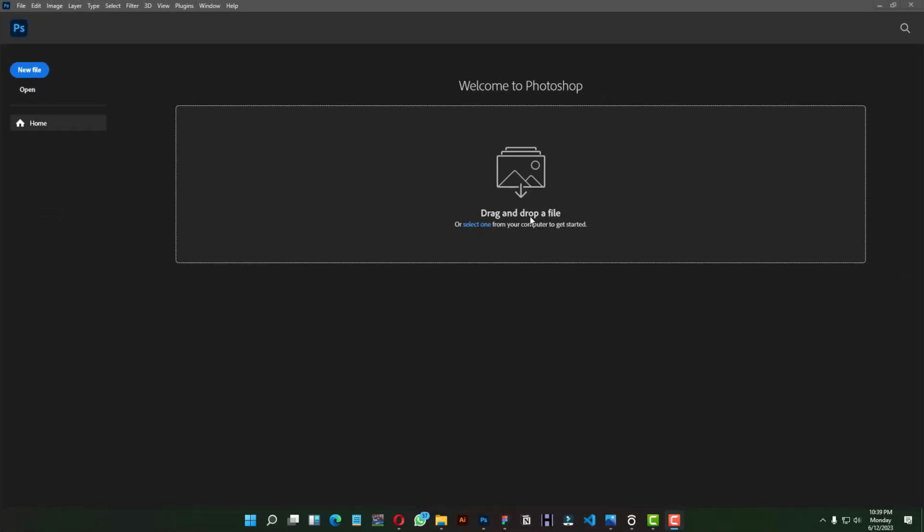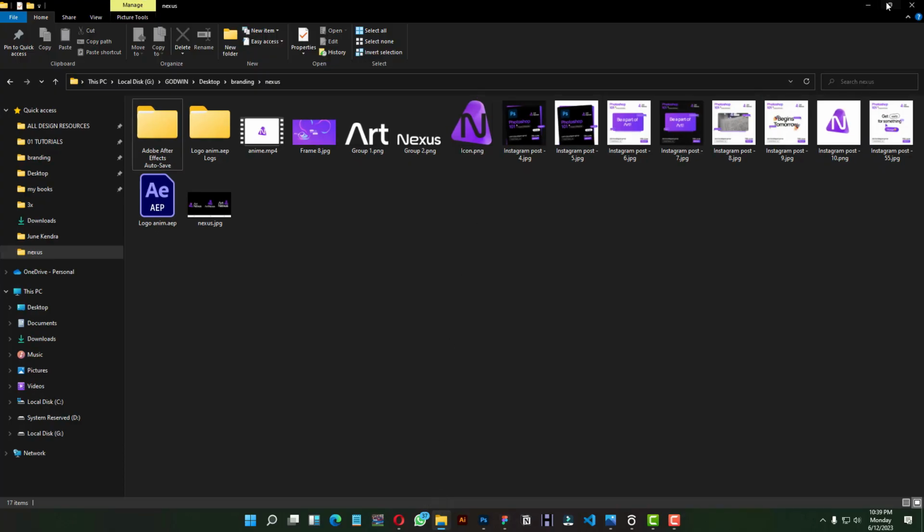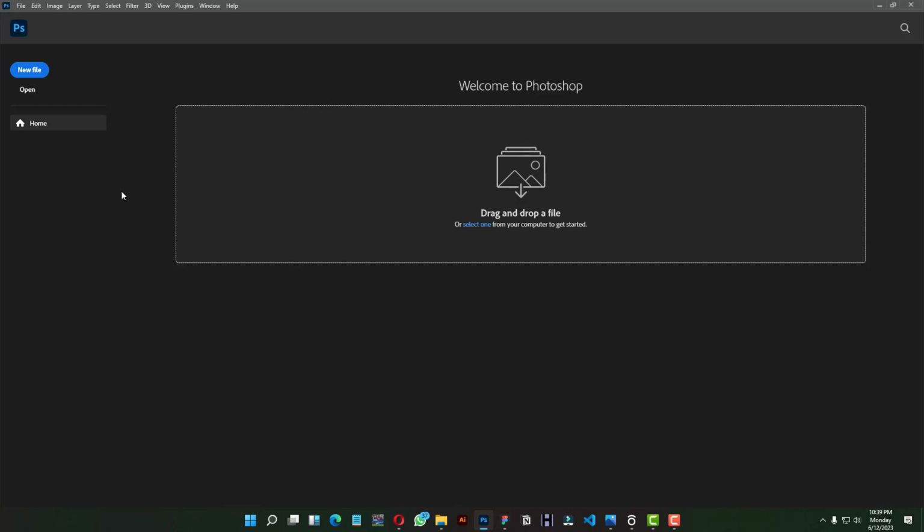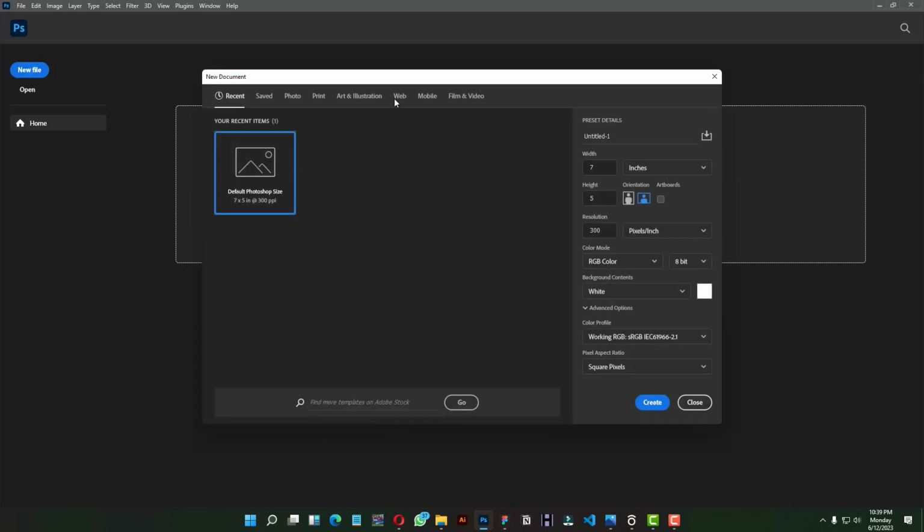You can also drag and drop a file over here to open it. It also works. You just drag a project from an image or a project from this side and then it will open. So from the start, let's add a new file here. When you click on new file, you get this,